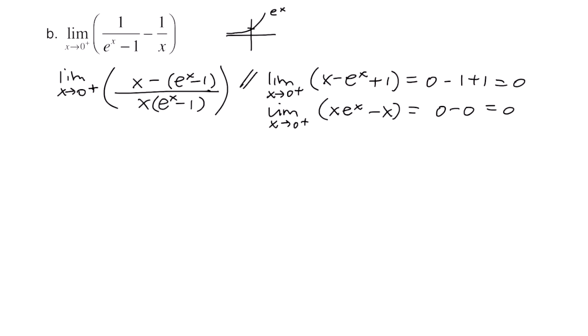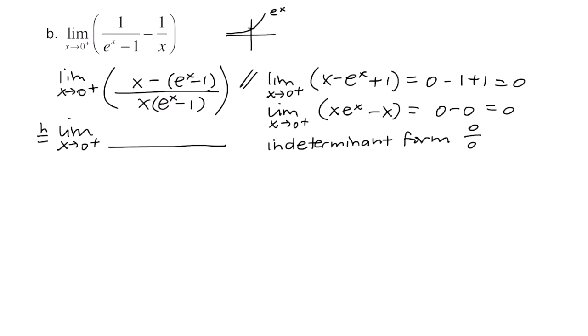Same thing in the denominator, I distributed this x, and so I got x e to the x minus x, and then again, the limit as x approaches 0 from the right, you end up getting 0. So this is of indeterminate form 0 over 0, so we're going to apply L'Hopital's rule. The derivative of x is 1. The derivative of negative e to the x is negative e to the x, and the derivative of this one